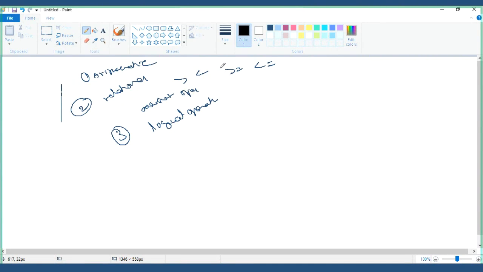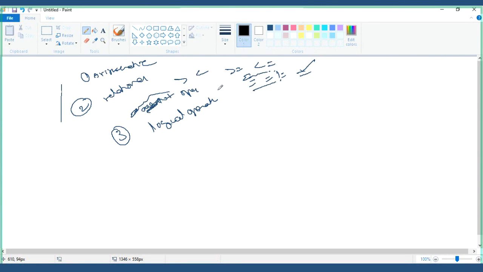So what is the difference between equal to and double equal to? Anyone of you? Double equal to is for comparing, and equal to is for assigning a value. Okay. Double equal to is for comparing, equal to is for assignment. That is called the equality operator. This single equal to is an assignment operator. This double equal to is an equality operator, whether they are the same or not. And there is one more, not equal to. So this is about the equality operator.